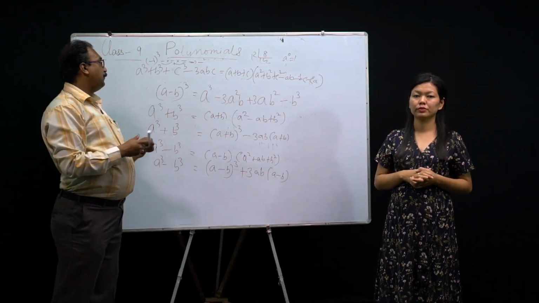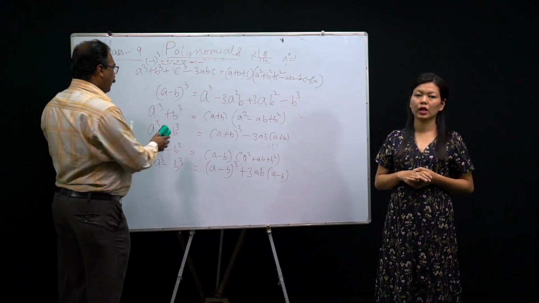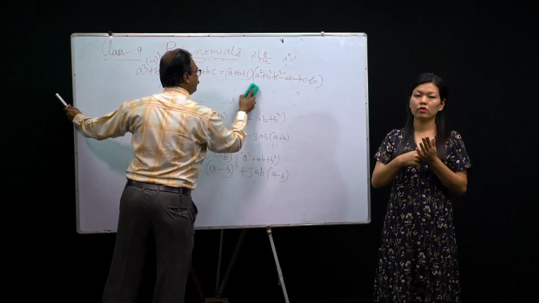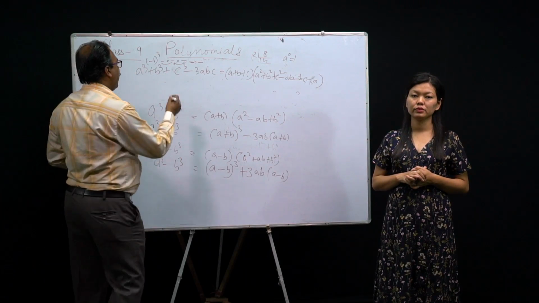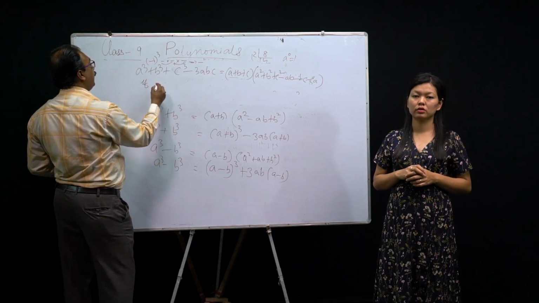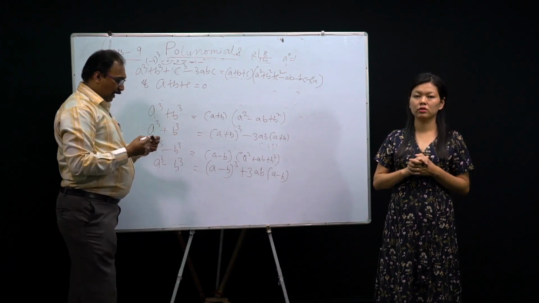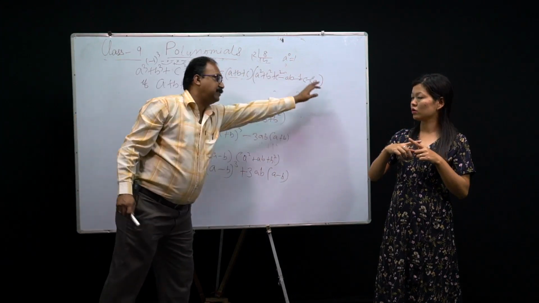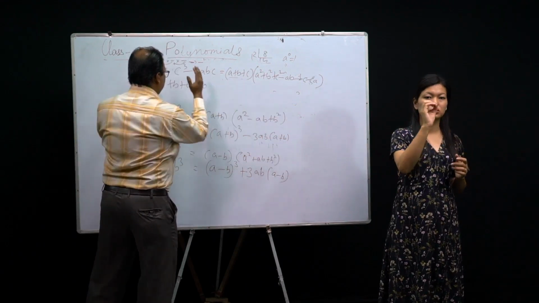Some conditions of this formula are also very important. Some condition is developed from there. Look at the conditions. If a plus b plus c is 0, then what will happen? 0 into this is 0. That means the right side is totally 0. Then if the right side is totally 0, you can bring this one to that side, and this one will be here.